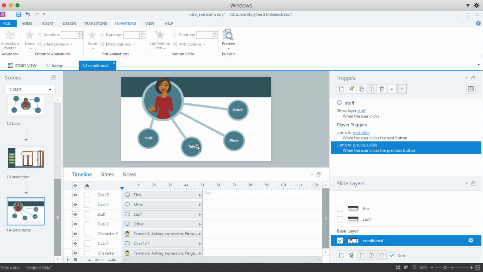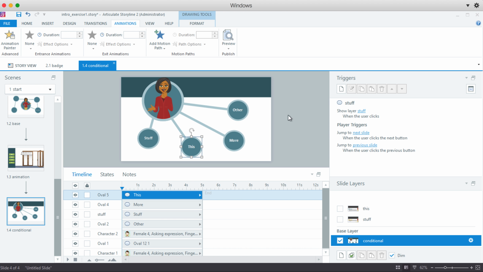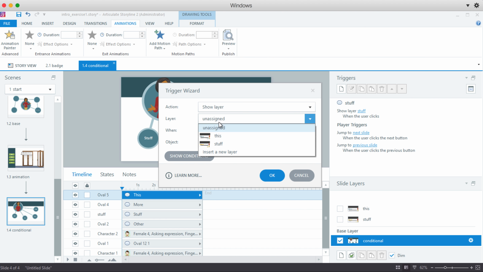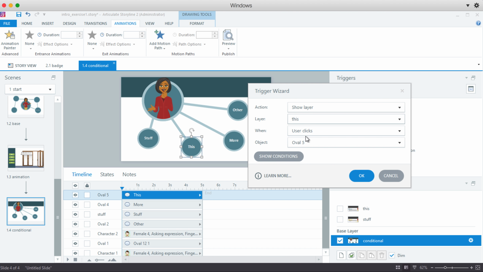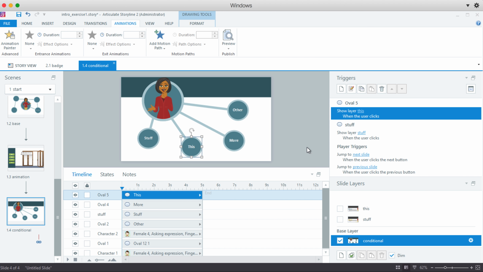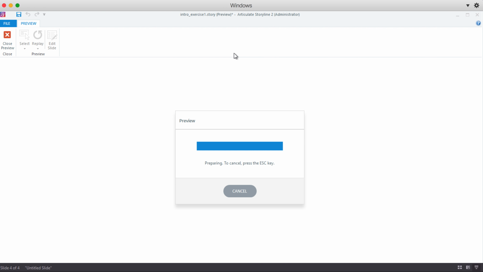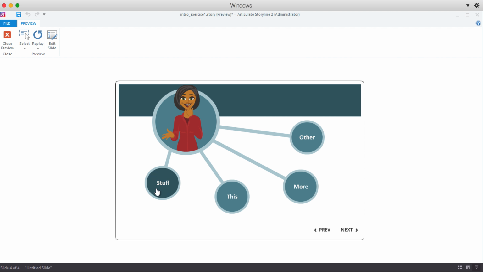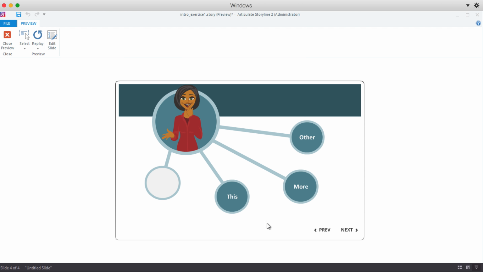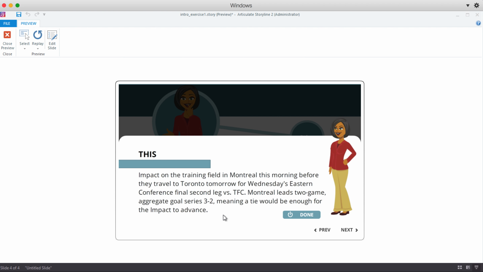We're going to do that by simply going to this, and you know how to do the show layer, so I'll do that. I'm going to say show layer this when user clicks. I guess I called it oval 5. Is that the one? Oval 5, yes. Okay, and then we're going to test it. So I'm going to go stuff, okay, good, done, and then I'm going to go to this, looks great, and then done,